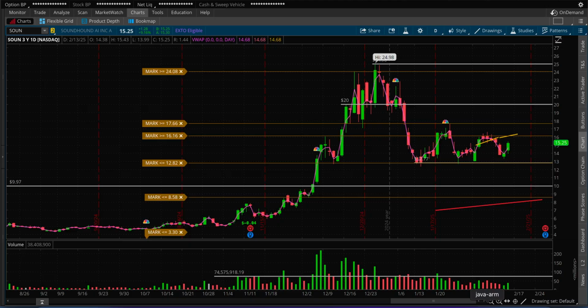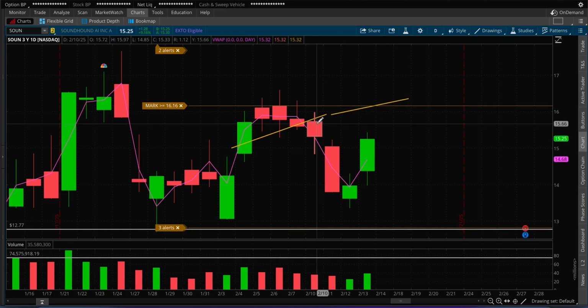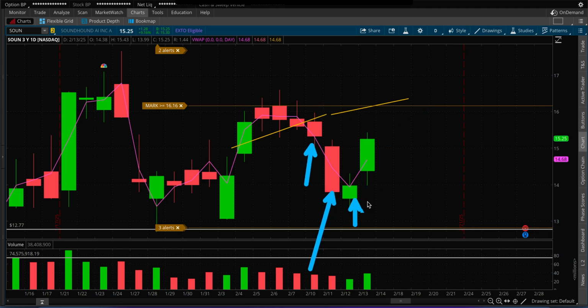So if we go all the way to February 10th, let's take a look at it right here. Right around here, from 16 all the way to 13, one candle, two candles, three candles, four candles, which means four days, people were short more. So what happens when this stock gets over this level? Well, anybody who was short at this level and is still holding the stock short will start panicking and start covering when the stock price gets over that price level. That's why I like